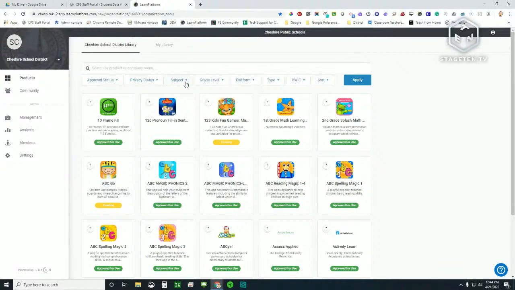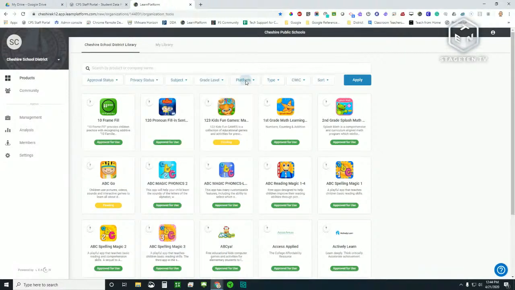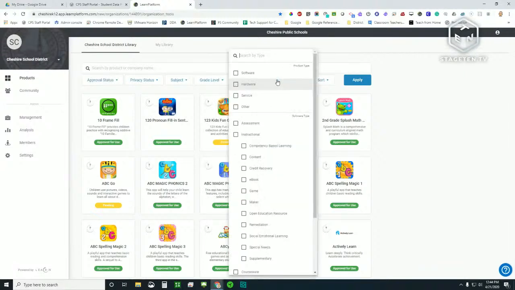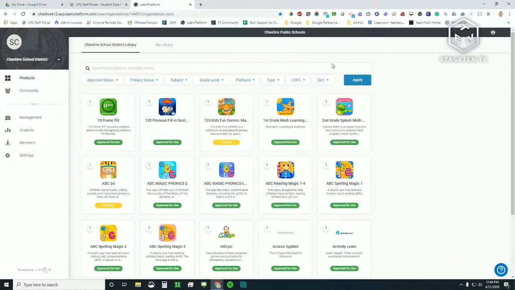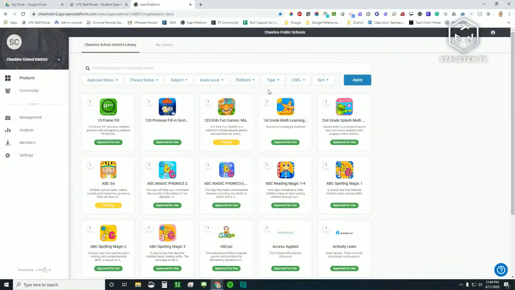Some of the other filters that you get going across to the right here: subject, grade level, platform, whether it's desktop, mobile, or web, the type of software or platform, as well as the grade level. I think we'll probably end up using that one. Some of these have been recently released, and we didn't really start utilizing them from the start. So we would have to go back as a district now, and from the management side, I would select